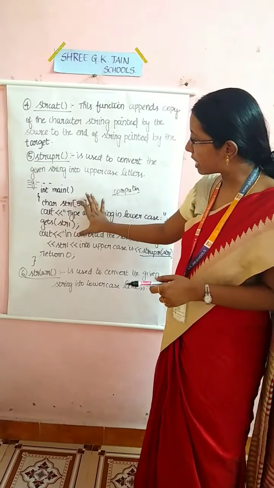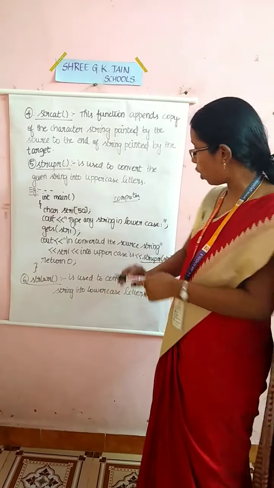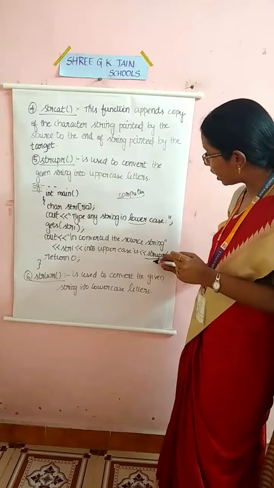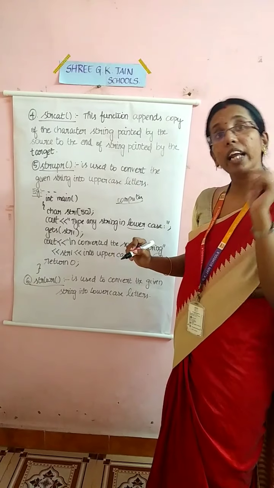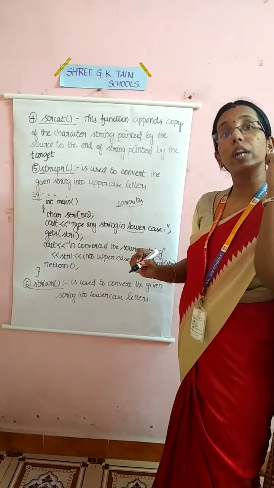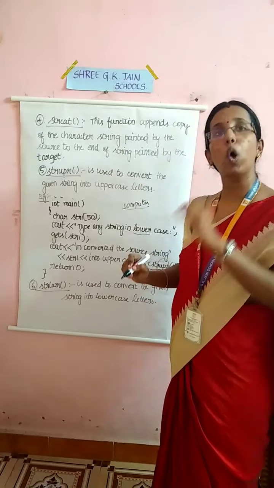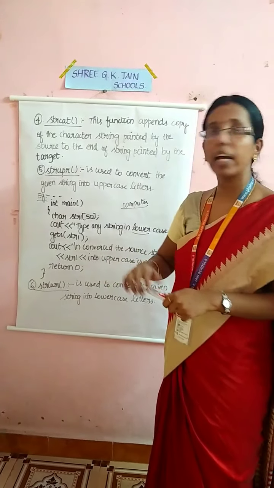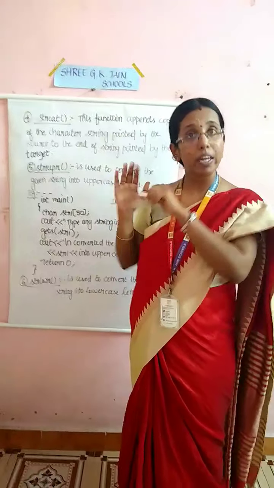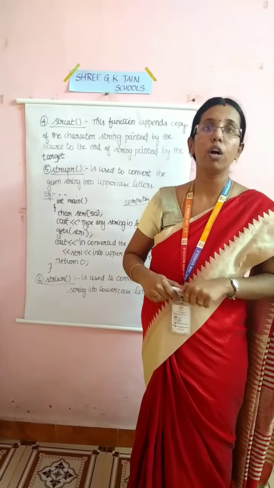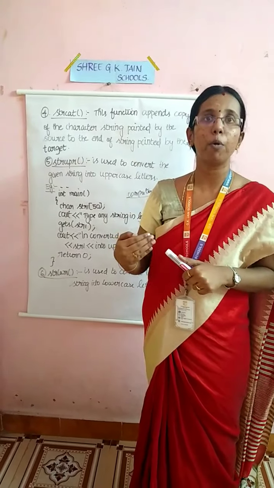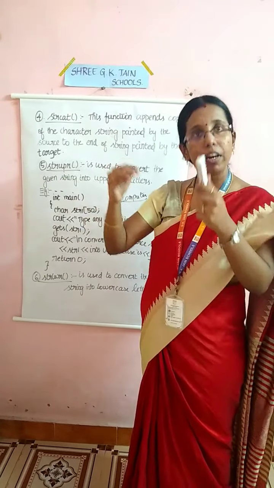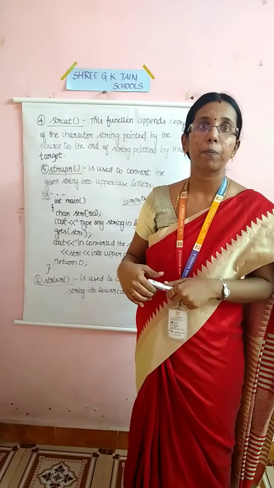In the same way you can write the same example for lower also, but you have to change the cout statement to uppercase and change the function to strlwr. Then your uppercase characters will be converted to lowercase letters. So these are the two functions, strupr and strlwr. Hope, students, this is very interesting and you understood the concept also. You just revise one more time in your book. All these examples are taken from the book only. Take your book and revise one more time for better understanding.